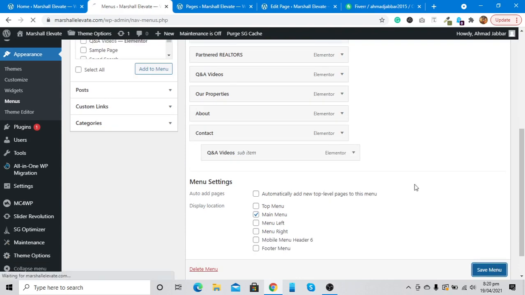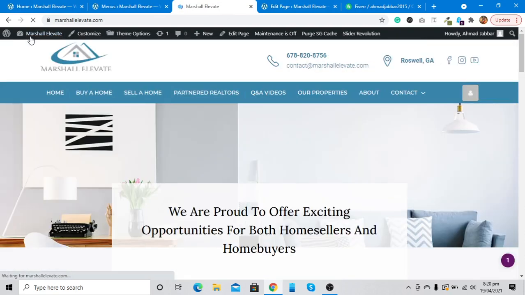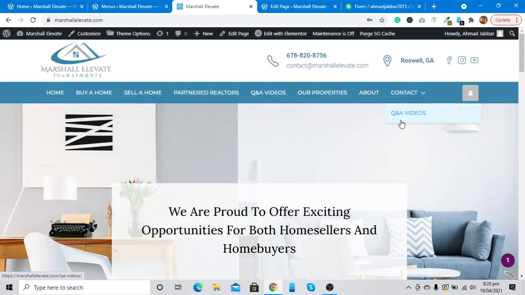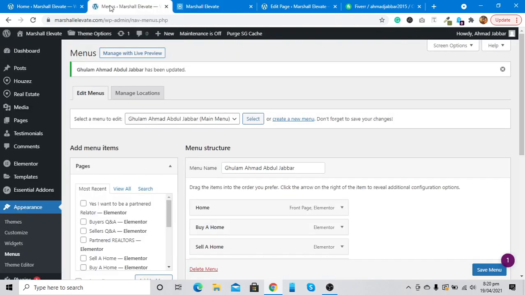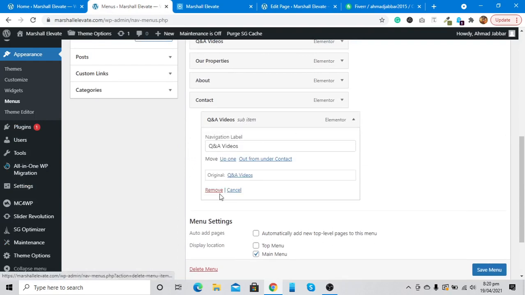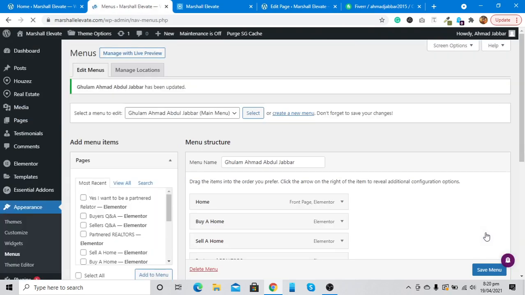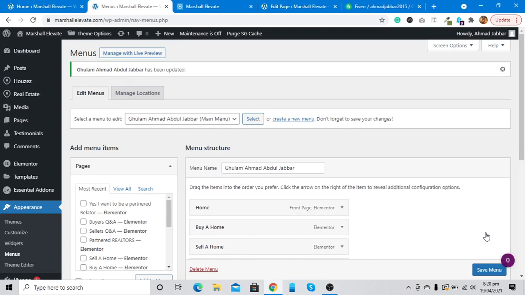Let me just save the menu and show you how it will look on the front end. Right now if I hover on contact, it will show question and answer videos as a sub page. So let's just delete it from here real quick. Okay, so the next thing